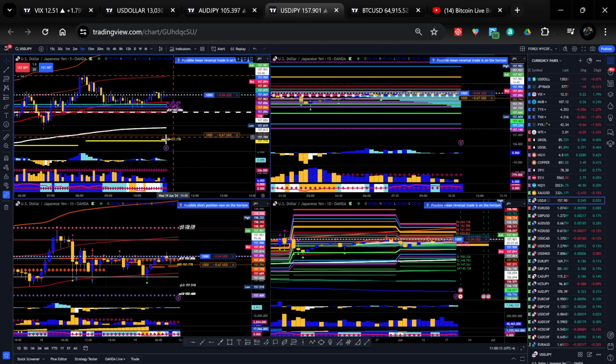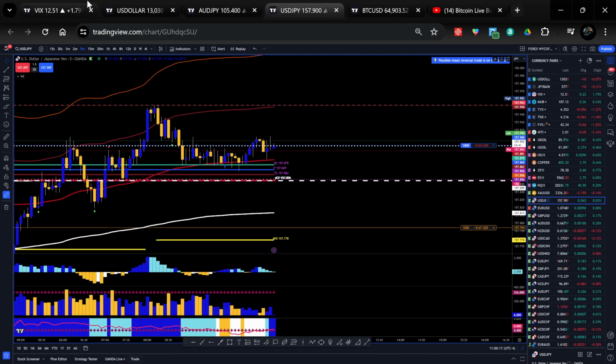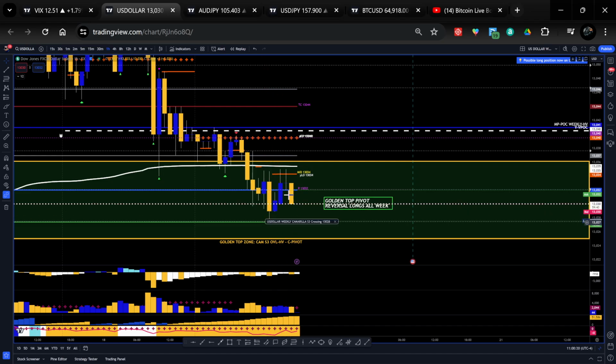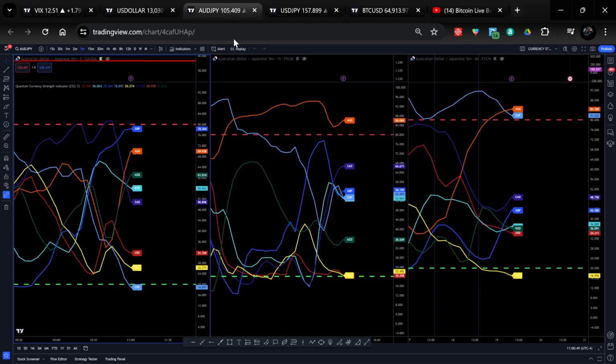Let's see here. I have a Forex trade going on here on USD/JPY. US dollar is in my reversal zone right here. This is weekly Camarilla S3. We're getting a bounce there, but this US dollar is looking weak as well, man. Trying to get a reversal here. Seeing we're building a little cause right here for a reversal, but still heavy selling. So let's see if we can maintain and get that bullish posture going on the US dollar.